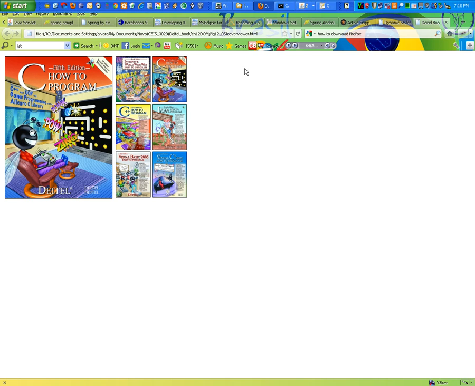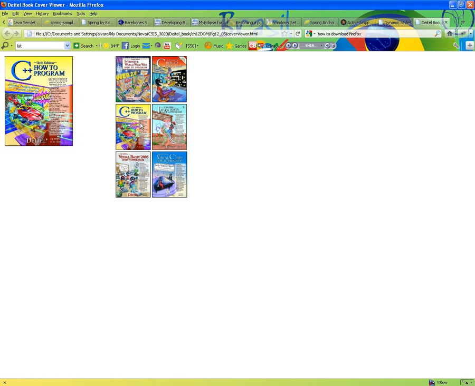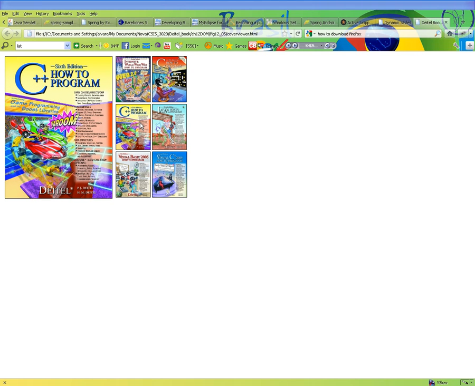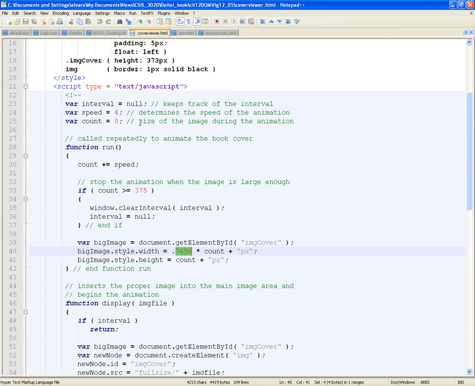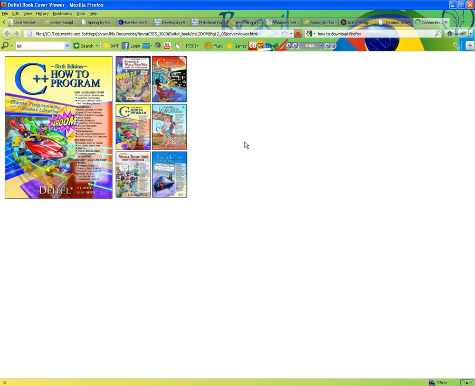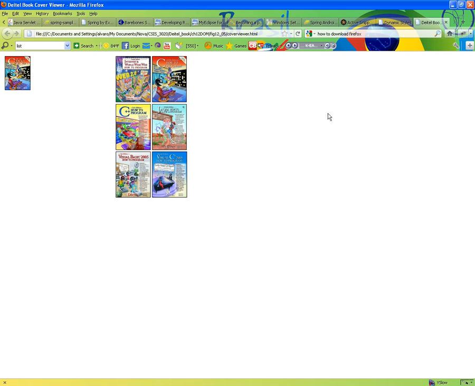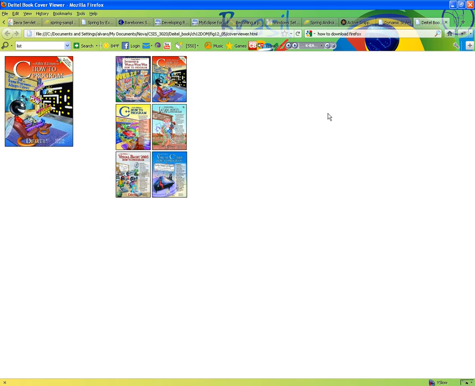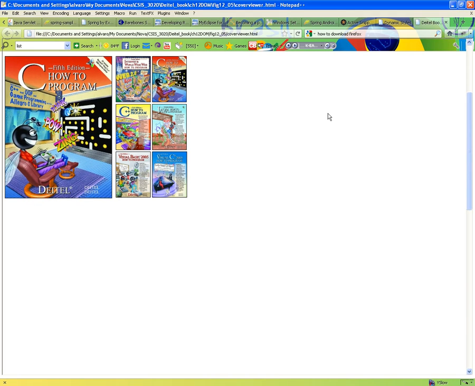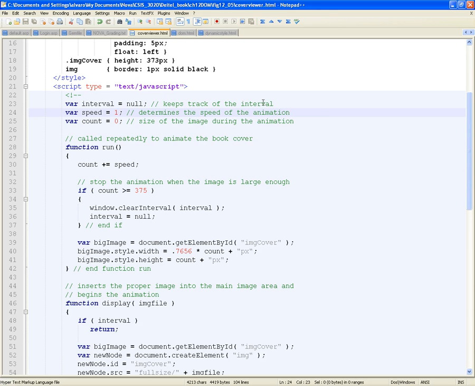Now we're doing it at speed 4. Look what happens when I do it at speed 1. Slower but smoother. Look what happens when I do it at speed 10. Now keep in mind, we're not going to do this endlessly,